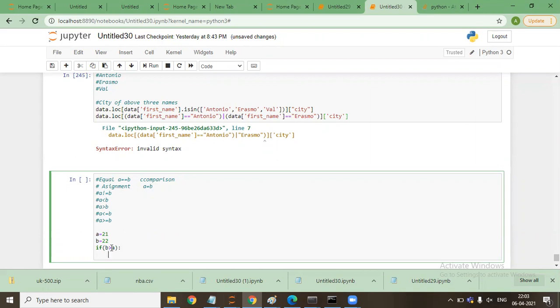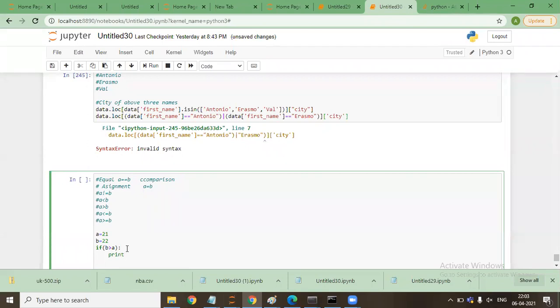So if I'll say if B greater than A and I specify these two dots, that is the colon. If I don't specify this and I enter, this will come to the first initial step of the line. But if I specify this, then it will come to a tab. It looks like a tab has already been pressed, which means it is an indentation, and now whatever the if is saying will be executed.